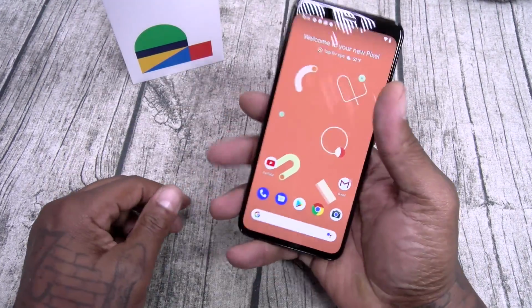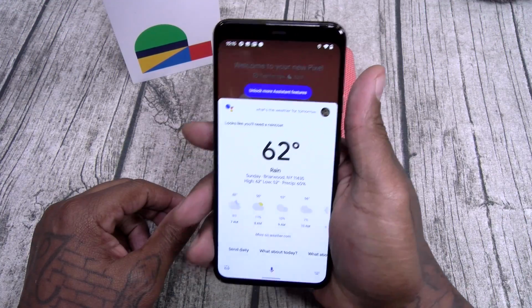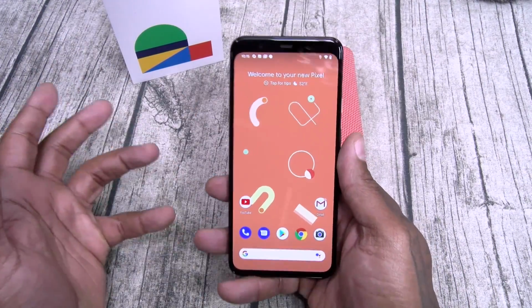Now, just like the other Pixels, you got your squeezeology. What's the weather for tomorrow? And like I said, one of the best things about buying a Pixel phone, besides the stock Android experience,